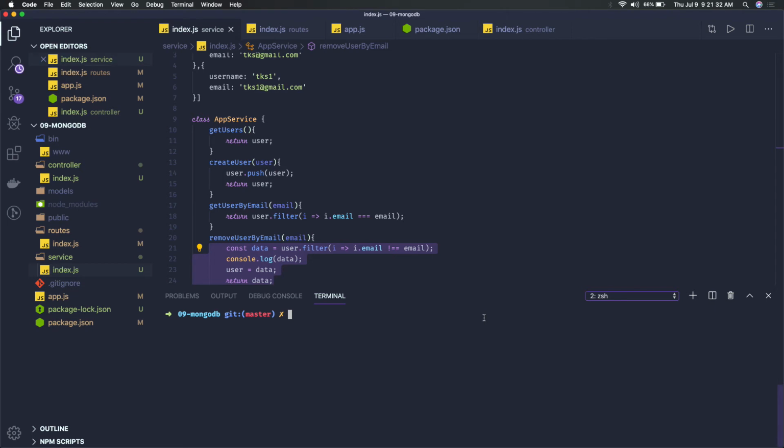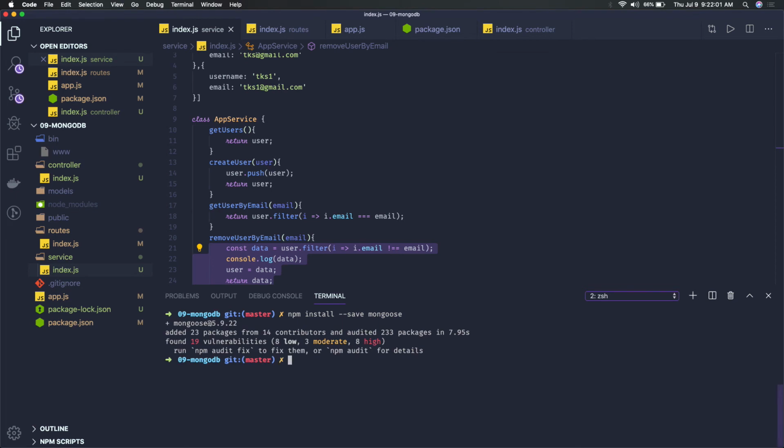Documents are JSON based, and they don't have their own schema. If you want to explore NoSQL or document-based databases like MongoDB, you can explore much more. To get started, we first have to install Mongoose in this project. We also need to have a MongoDB up and running somewhere, and then we can write our code connecting to MongoDB.